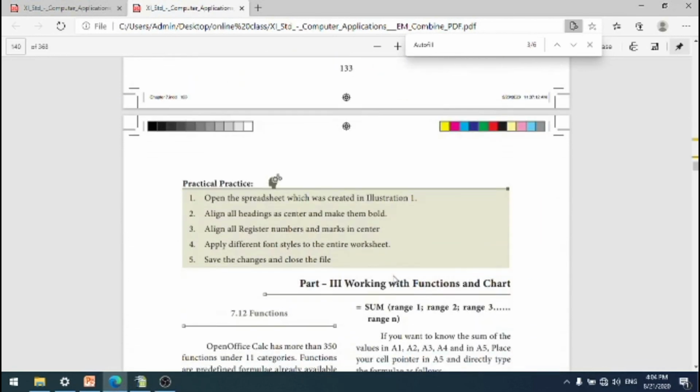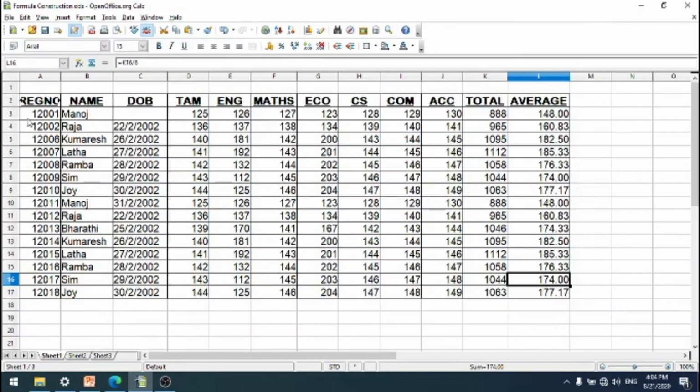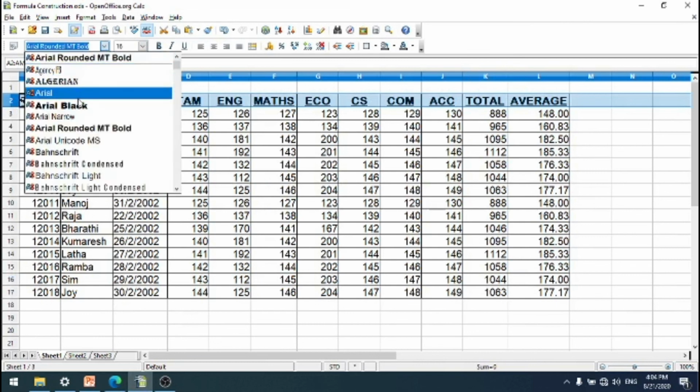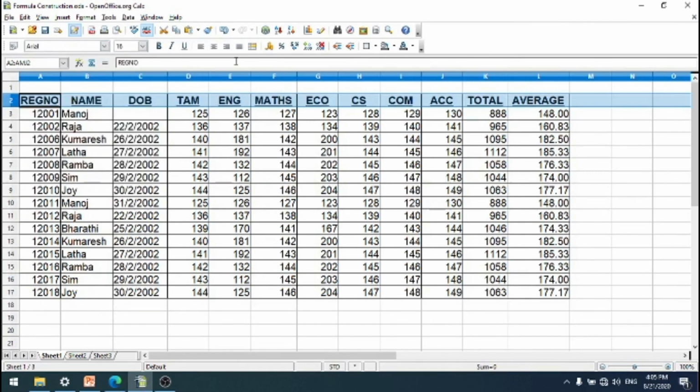Then practical practice. Open the spreadsheet which was created previously. Align all headings as center and make them bold. We have already seen this. You change the size, and align it center, left, right, center.